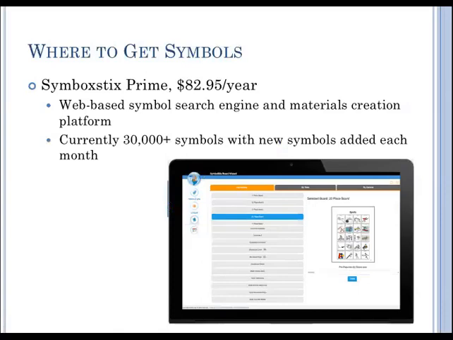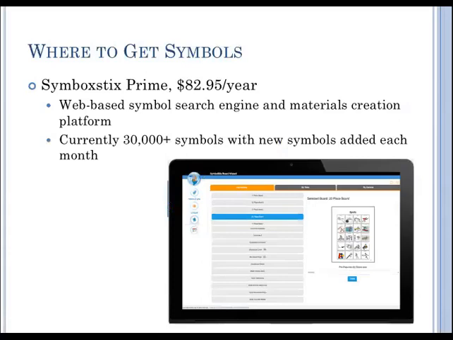And they've got things like Justin Bieber and all kinds of sort of pop culture type things, although I don't think Justin Bieber is really pop culture anymore. But they have all kinds of current event type symbols because they are updating every month. So what I will do if I need a symbol that's not in Boardmaker is I will go to Symbol Sticks, get that symbol and import it into Boardmaker, and then I can add it to my Boardmaker library. But I like Symbol Sticks because sometimes I can't get everything that I want in Boardmaker,